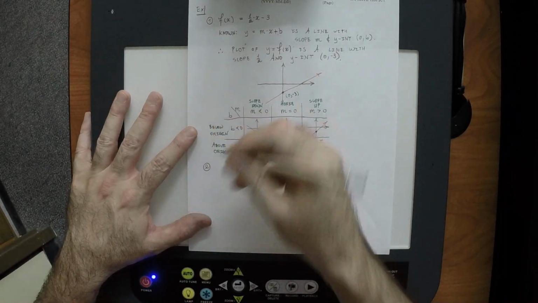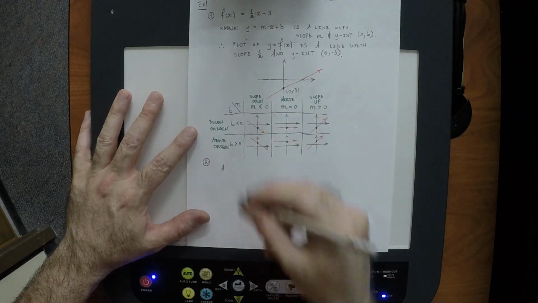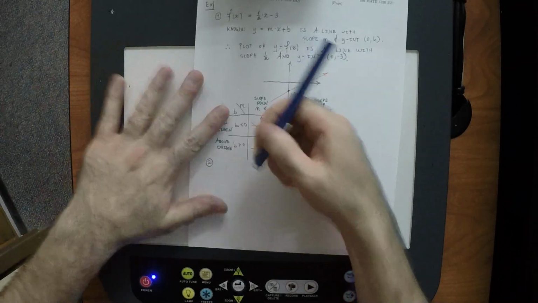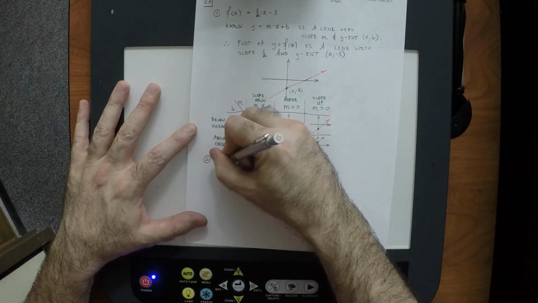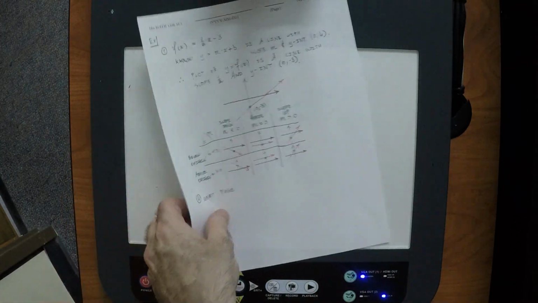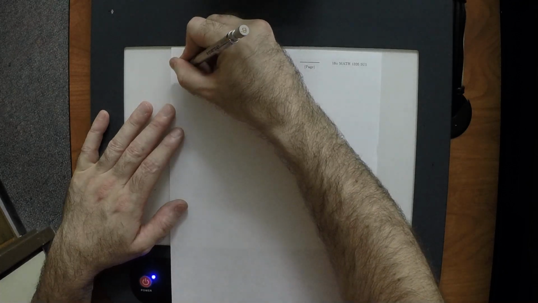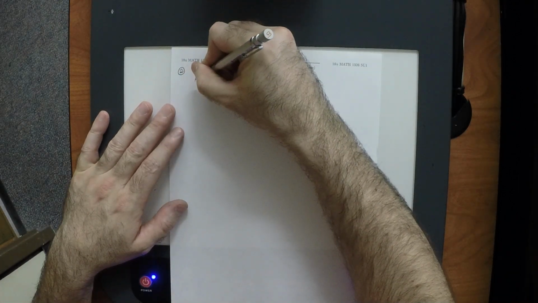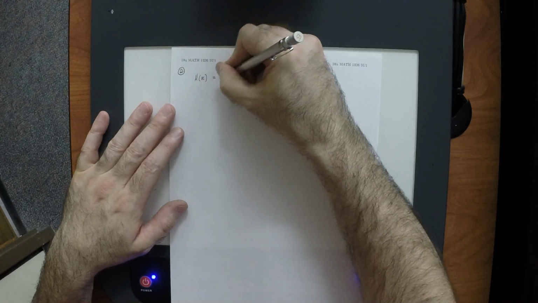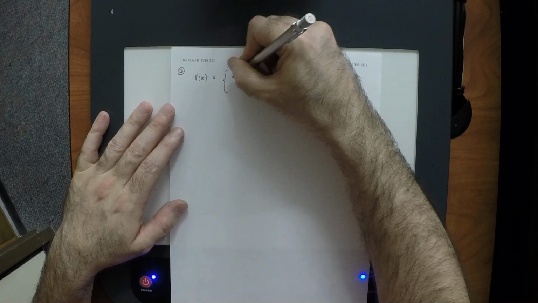Second, what if we have a function that... I don't have enough room on this page, so I'm just going to say next page, but it's a continuation of this example. So this is 2. So what if we have a function like h of x is equal to, say, half x minus 3